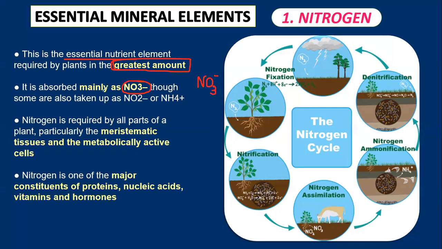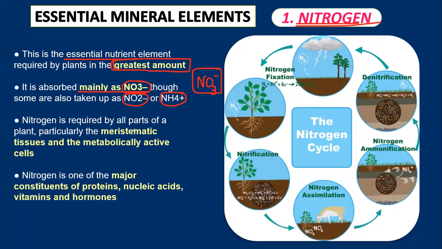So it's very important to note this term, mainly. Nitrogen is mainly absorbed in the form of NO3 minus. Plants also take up NO2 minus as well as NH4 plus, but in terms of quantity absorbed, NO3 minus or nitrate ion absorption is greater. Whenever we take a particular mineral element for study, we have to learn in which form it is absorbed by the plants and what the major functions are. So two points you have to study for all the elements, and you have to study everything in detail.